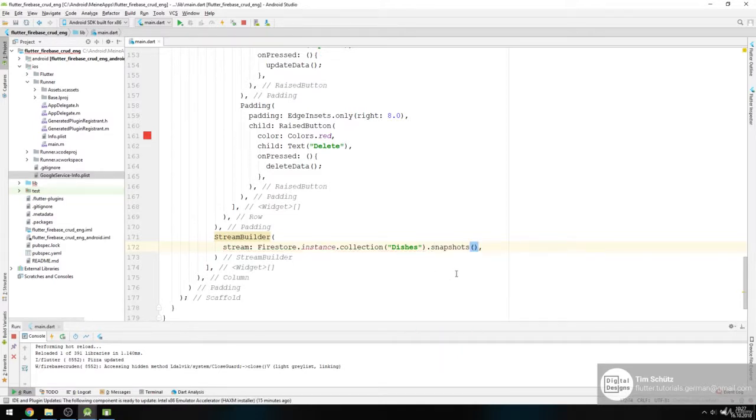So now all our documents in our collection dishes are used in our StreamBuilder, and then we need to call a builder,